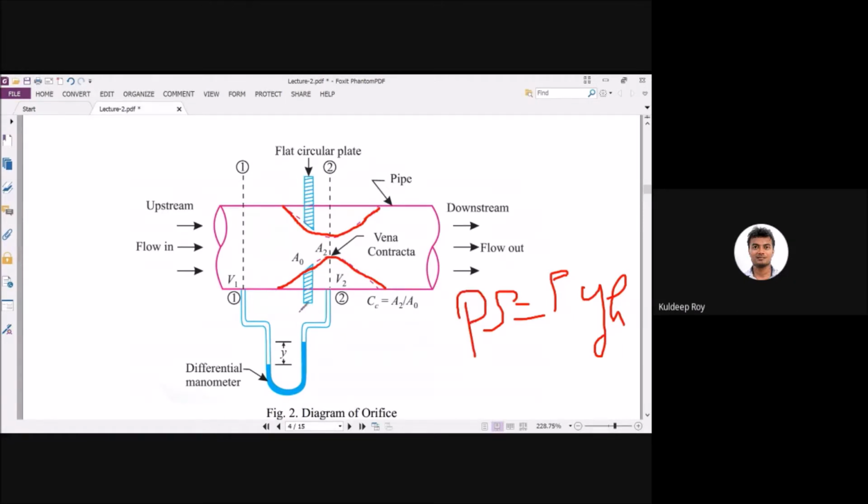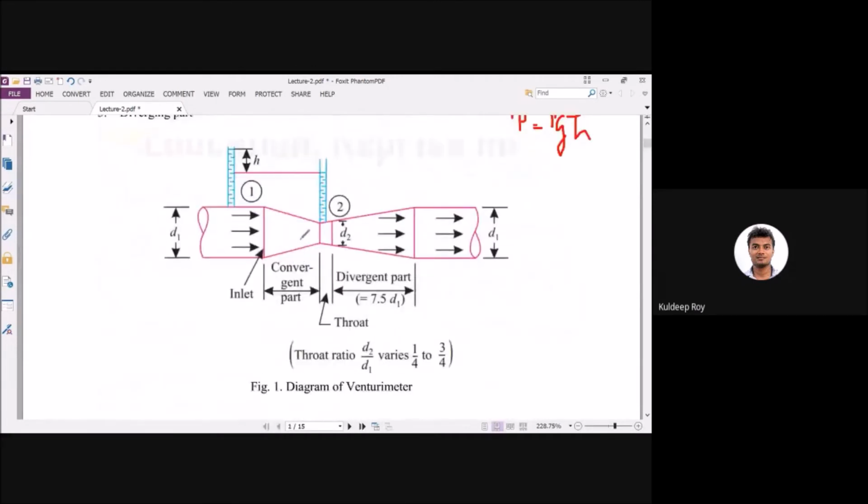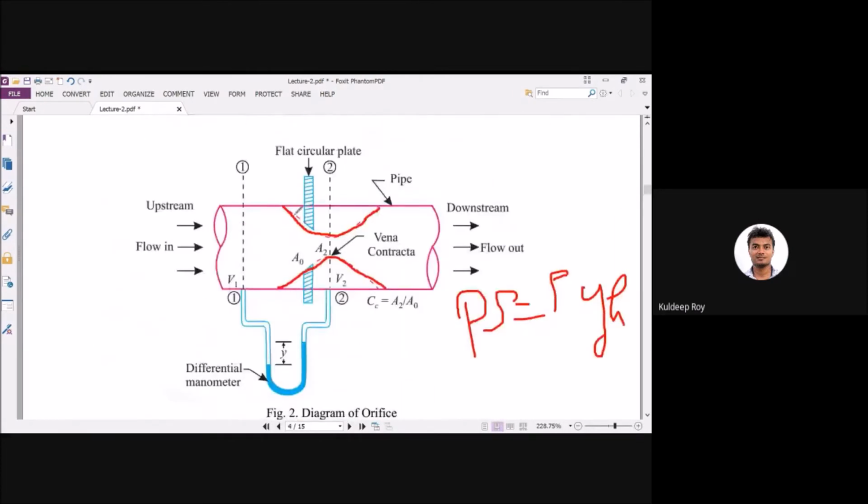Now here you have applied some kind of circular plate. Then what will happen when you restrict a particular pipe to flow? At this point velocity will increase. As I already told, in the venturi you are applying some kind of converging section. Have a look at this picture also. You have applied in the flow some kind of convergent section. What will happen? This time velocity will increase at this position. Similarly, in the case of orifice, when you apply some kind of plate, what will happen at this position? Velocity will increase.